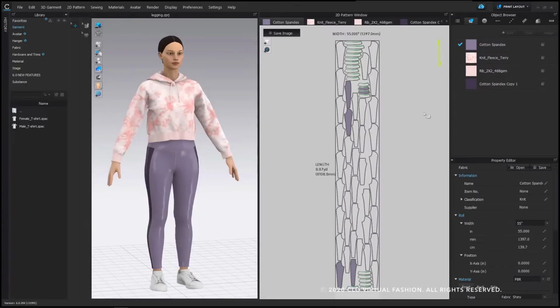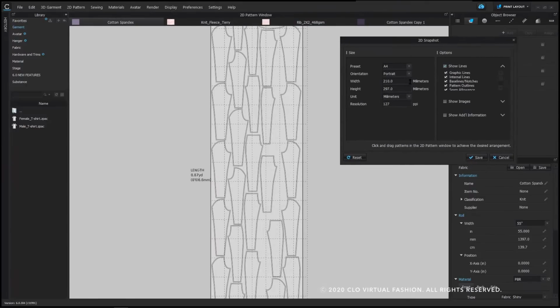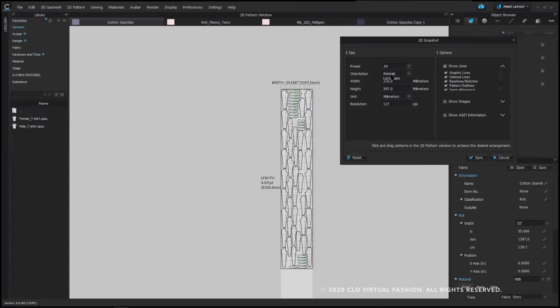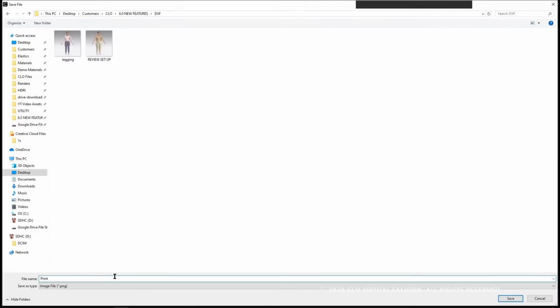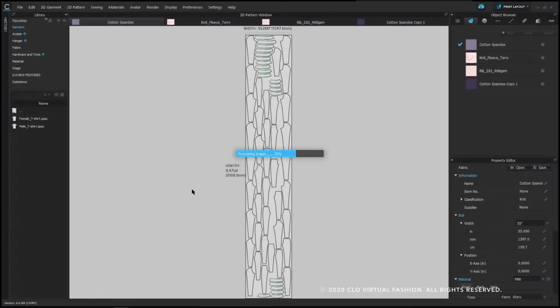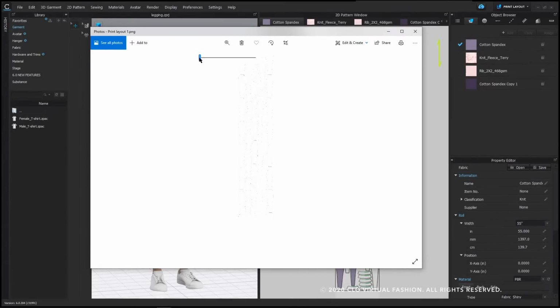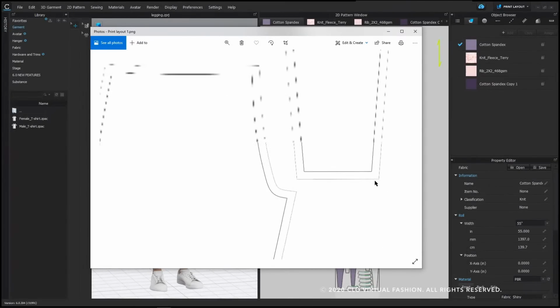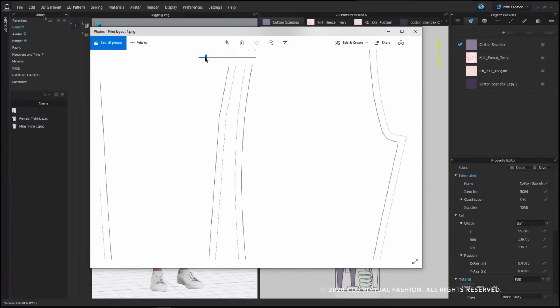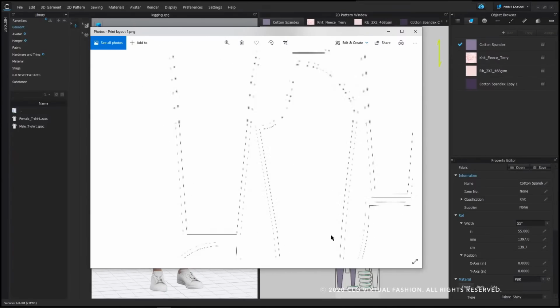If you would like to save this and actually print this out, you can click on this Save Image button. It's going to open you up to 2D Snapshot, and there you can make the preset 1:1. Then you can hit Save, and it's going to prompt you to choose a saving location and name your file. And then it's going to save this as a PNG file. So I'm just going to open that PNG file back up and zoom in a little bit to show you that this is an actual size. The image is processing as I open it, but you can send this to a printer or a plotter and